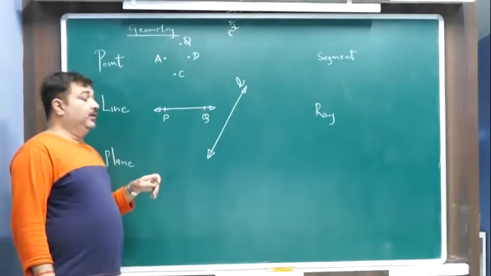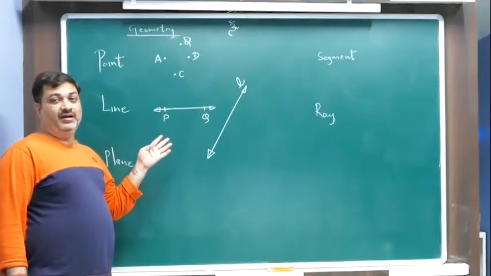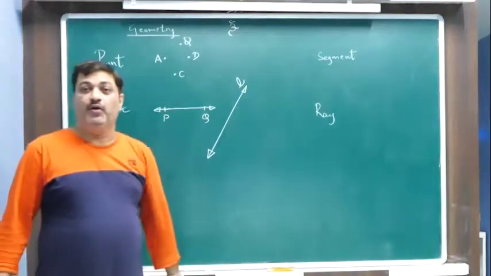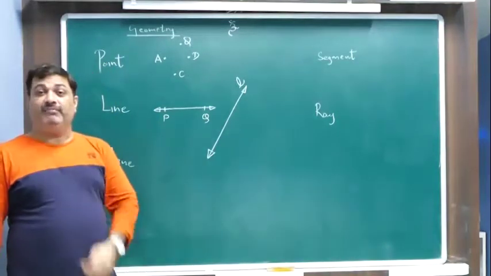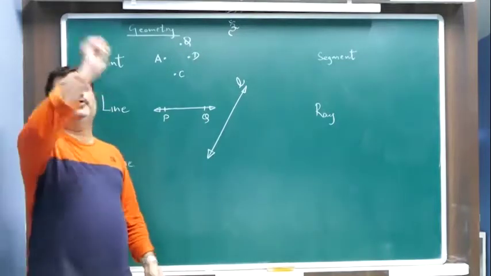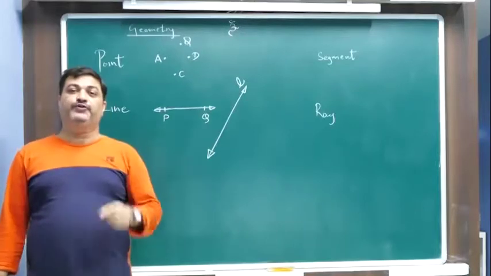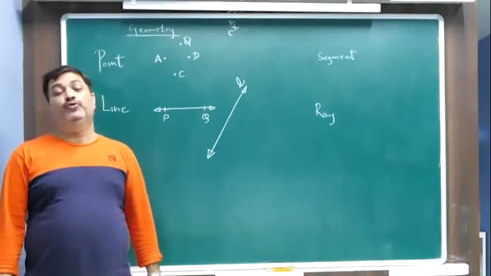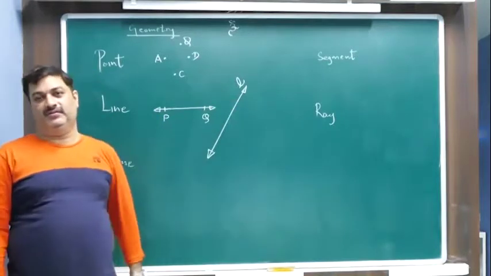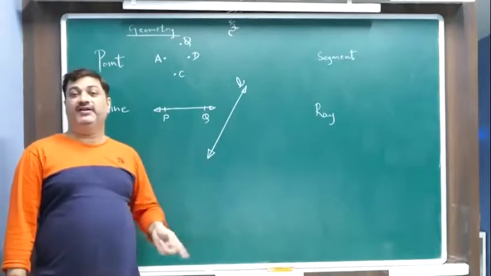Okay. So you've seen now how to name a line, how to represent a line in the book. Whenever somebody asks you to draw a line, what would you say? You will say, sir, tell me the name of that line. Without the name, you just draw an arrow. It's just any line. But if you want a specific line, it should have a name. And how do you name it? Either in 2 letters like this or in 1 letter like this. Remember, when you name it in 2 letters, it's a capital letter. When you name it in 1 letter, it's a small letter.